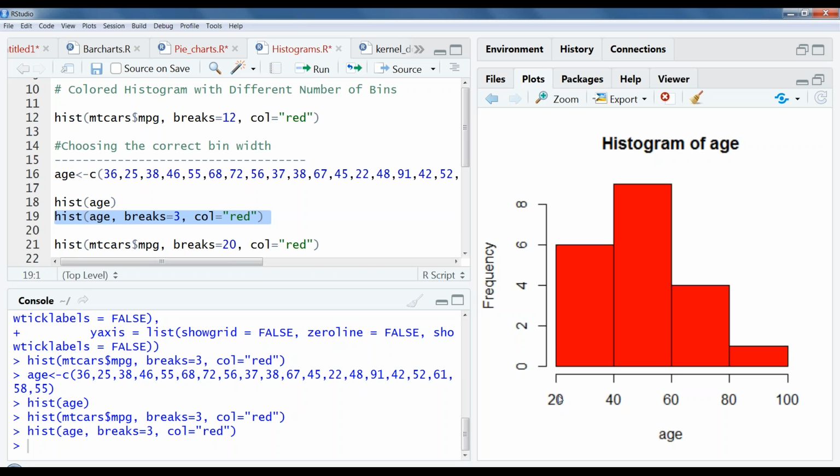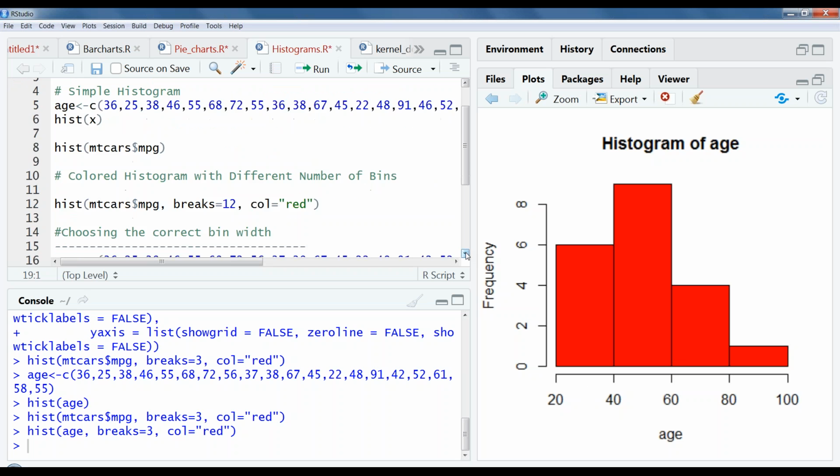What earlier we used to see is 20 to 30 and 30 to 40. Now what we can see is 20 to 40. How many people are there from 20 to 40? That is like 6 people. Then 40 to 60, it is now more than 8, around 10. 60 to 80 is around 4, and 80 to 100 is 2 people. So it is making a simple bar with a broader range. Earlier we had a smaller range, and now we have a broader range actually.